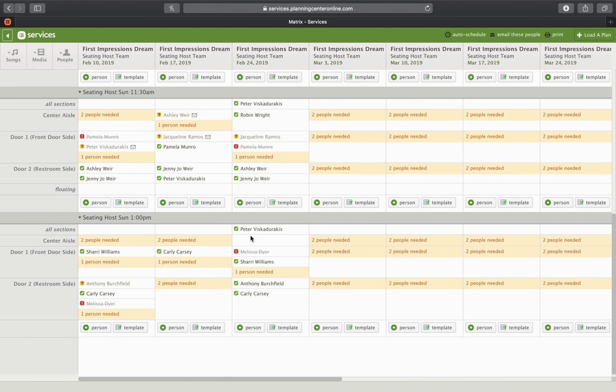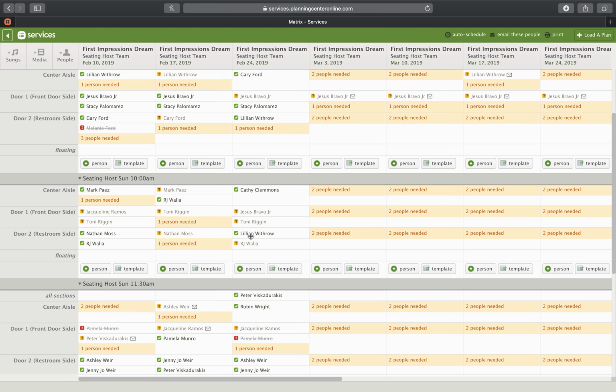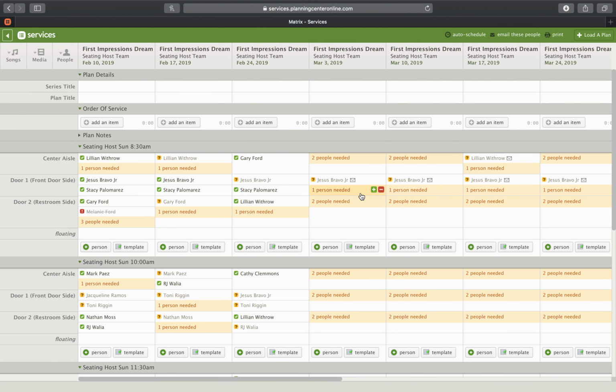And then once you're done with that, this is when it gets super simple. You have all these people, and they're going to have these little tiny email mail icons. You see that right there? They're going to have tons of those all over the place. What that means is they are set to the schedule, but they haven't been sent an email invitation to accept the plan. They haven't been sent an email to let them know, hey, we would love you to serve at this time. What you do for that is when you've got all these positions filled, you go up, you click